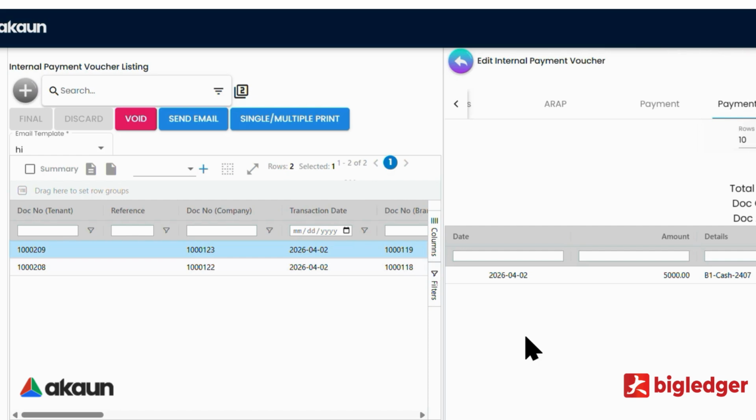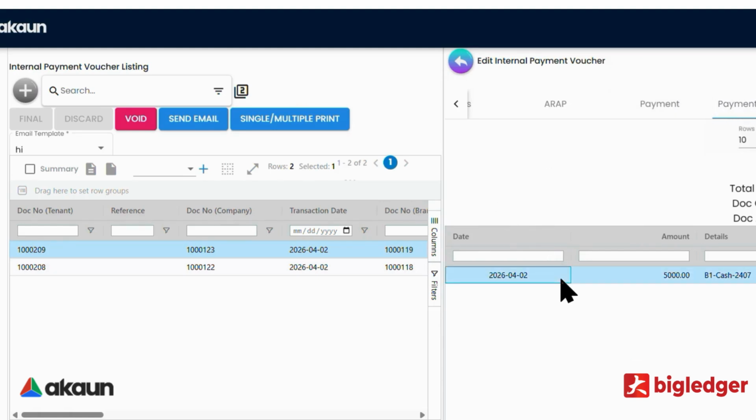Then in this situation, since your payment voucher is already finalized, you cannot adjust it. But we added this payment adjustment tab, so it will allow you to adjust the payment method of this payment voucher. So how you will do it is, here you need to come to this payment adjustment tab, and then